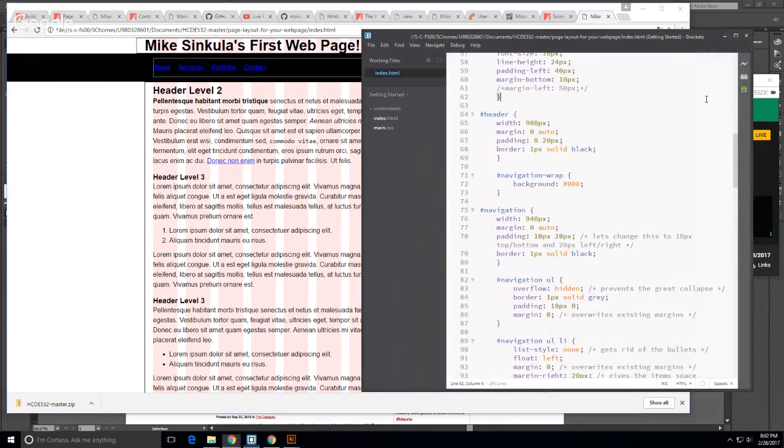I don't even have to give it a width. Why? What level of an element is it? It's a block level element. Block level elements do what by default? They go the full width unless you tell them otherwise. Inline level elements, how far do they go? Whatever is inside their containing element, right? So an image only goes so far as there's an image. Does that make sense? So since this is a block level element, then what you can do is